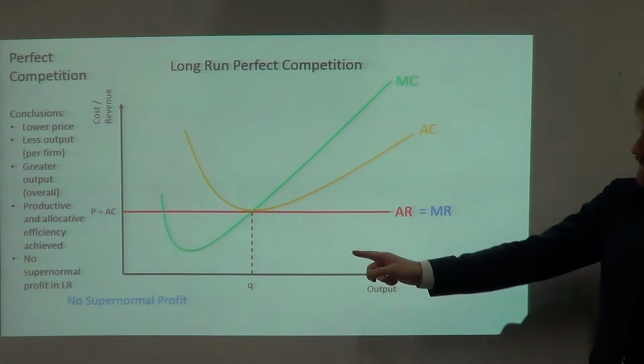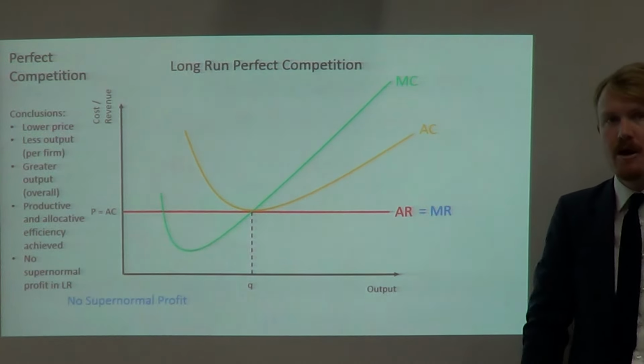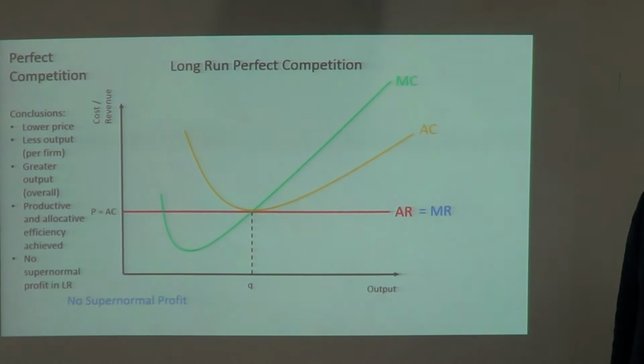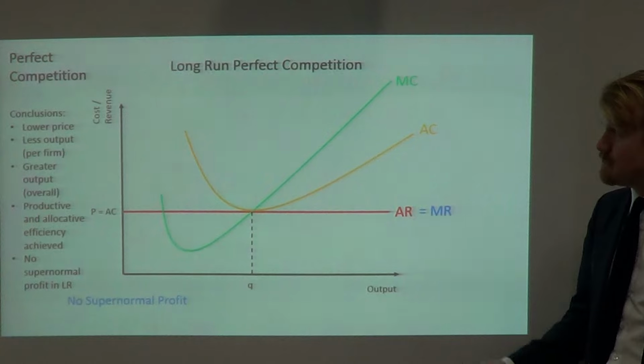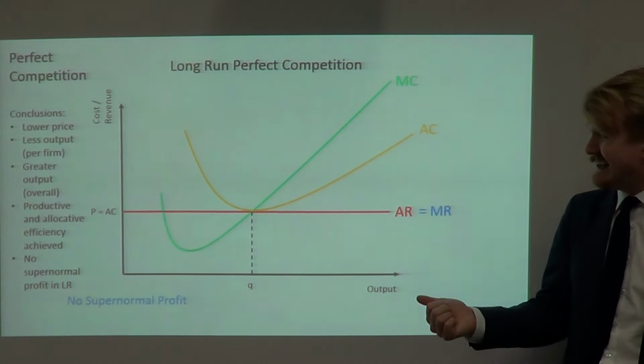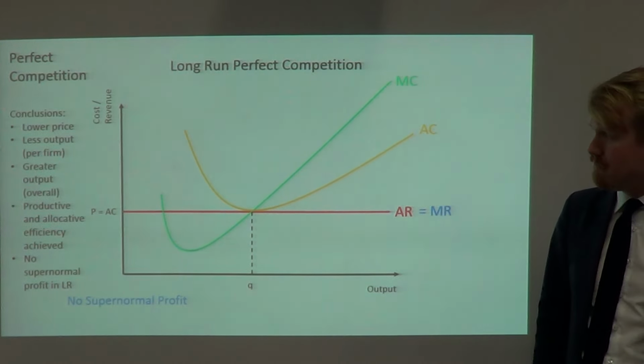We are allocatively efficient because the price equals marginal cost, and finally, we're productively efficient because we're producing at the point where AC is lowest. The other conclusions that I've come up with here is we've got a lower price than we did before. We've got less output per firm than we had before, because Q has gone down. Greater overall market output